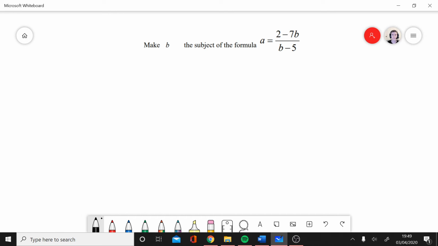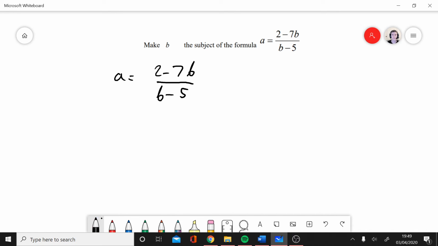Okay, so moving on. So we have a being equal to 2 minus 7b over b minus 5. So what you're going to want to do here is multiply both sides by b minus 5, because this is what's on the denominator over here. So if we have